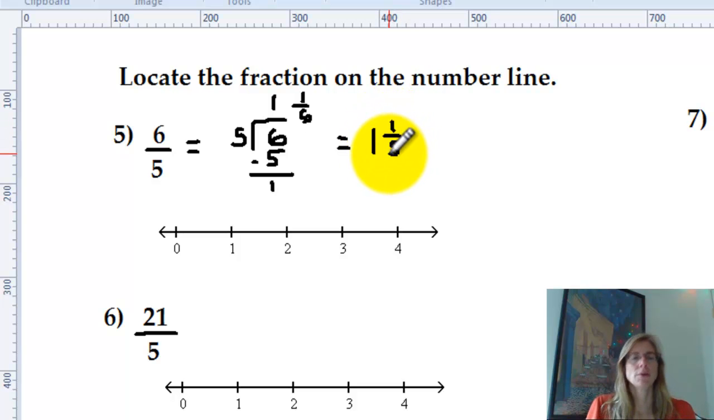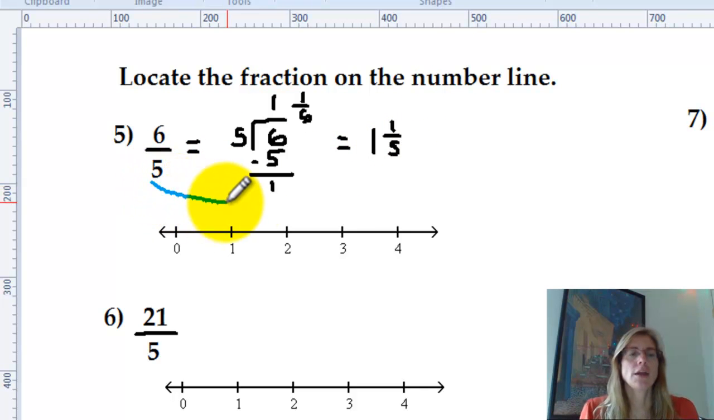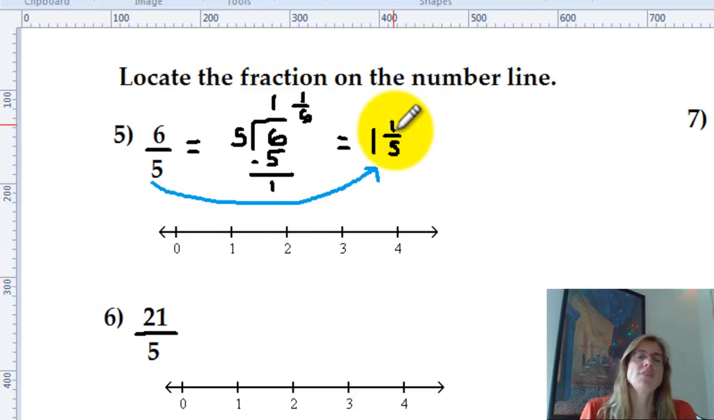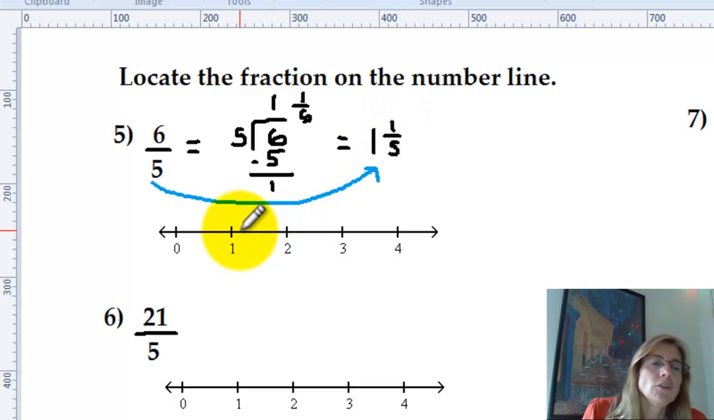Well, now you've identified it as improper, now you changed it to a mixed number, and it's easier to understand where to put it on the number line because you have the number 1. So you know you have to go at least that far to number 1. Now you have to go 1/5 beyond the number 1. Well, in order to do that, between 1 and 2 you have to make 4 marks so that this little segment,